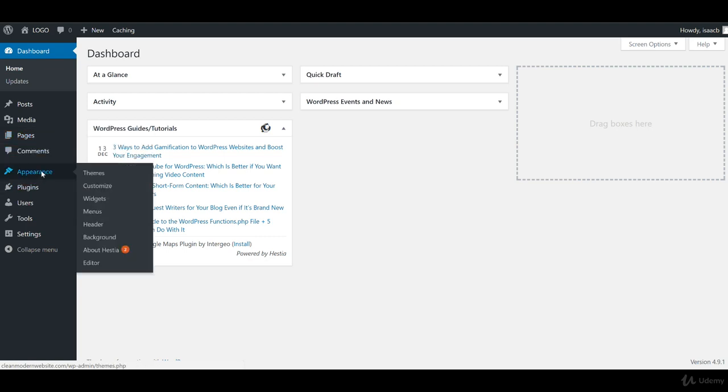So you're going to go to Appearance, and then you're going to go to About Hestia here, and it'll have two little notifications, and you'll see why in a moment. So you're going to hit there, About Hestia,